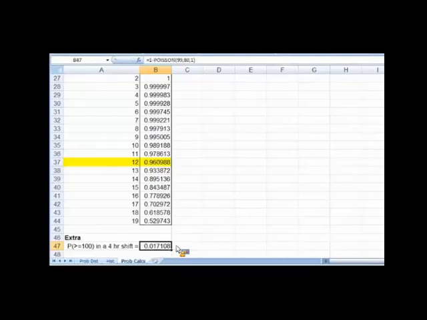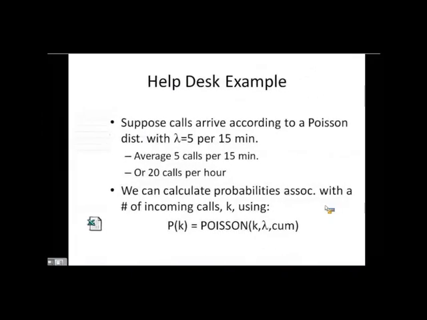Okay, so let's exercise a number of things on our Poisson distribution. Let's dig into this problem a little bit more. Before we leave, I just want to make sure you note the very strong similarities between how we manipulate the Poisson distribution and how we manipulate the binomial distribution in Excel.